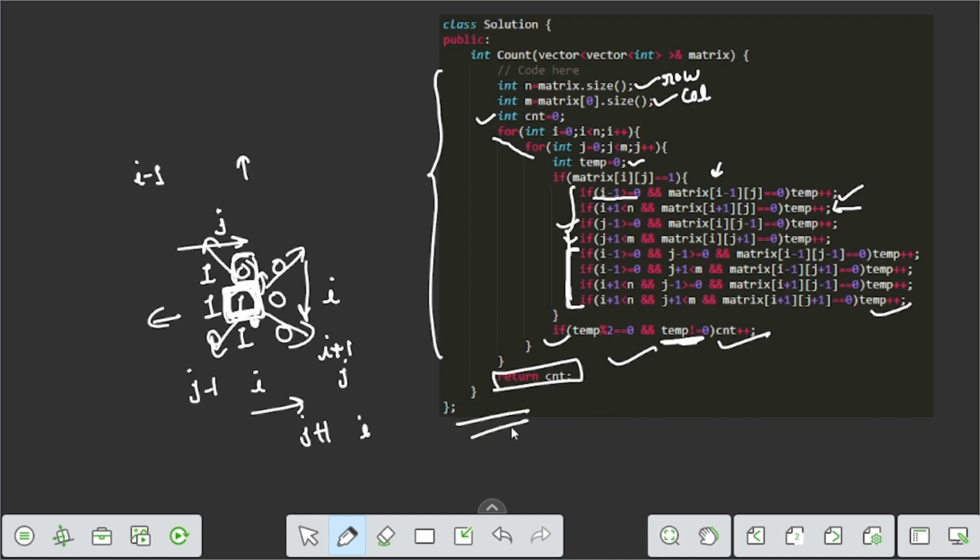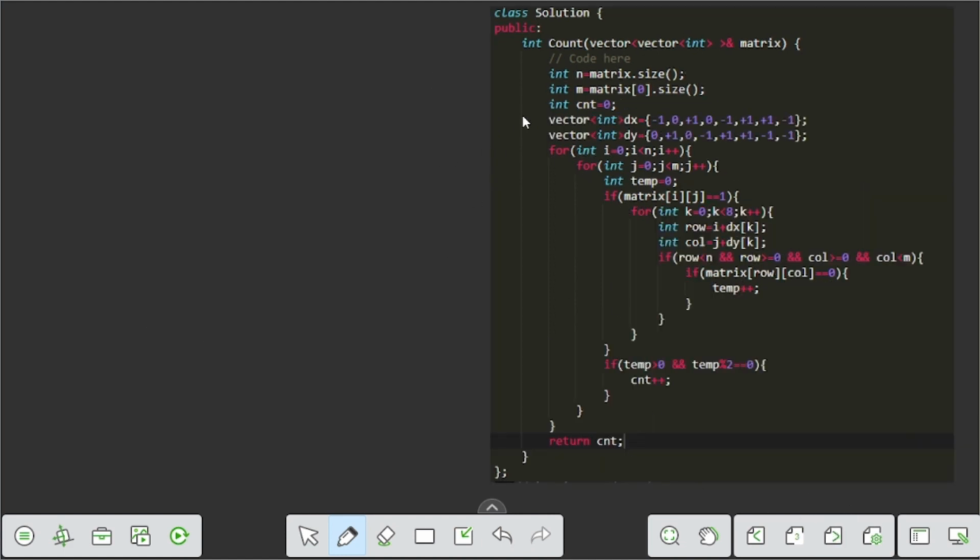So this is the code, but this code can also be written in a simpler form, which is this. The only difference is these vectors and this logic.